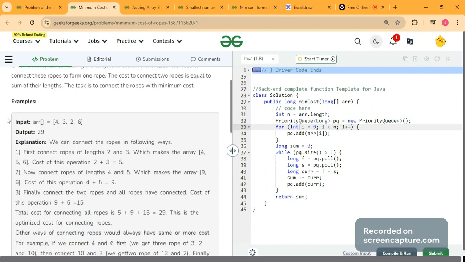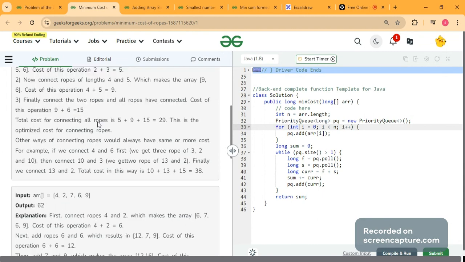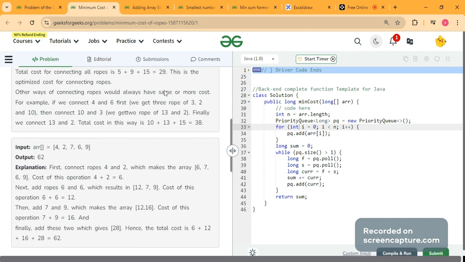So for example, this is the given array. Let it be 4, 3, 2, and 6. These represent the lengths of the ropes. Now we need to connect all of them to form one rope. So how should we connect them? For example, if we try to connect the rope of length 4 and the rope of length 6, so then